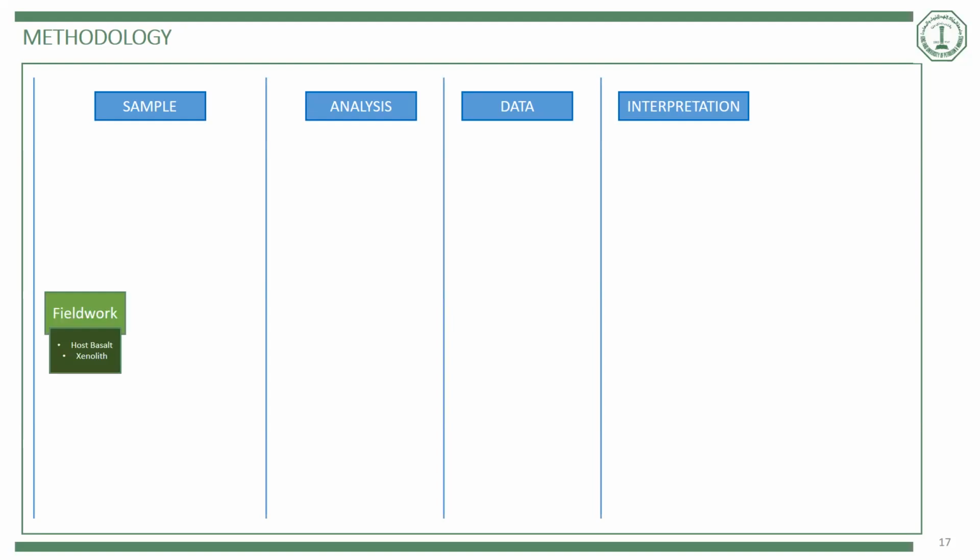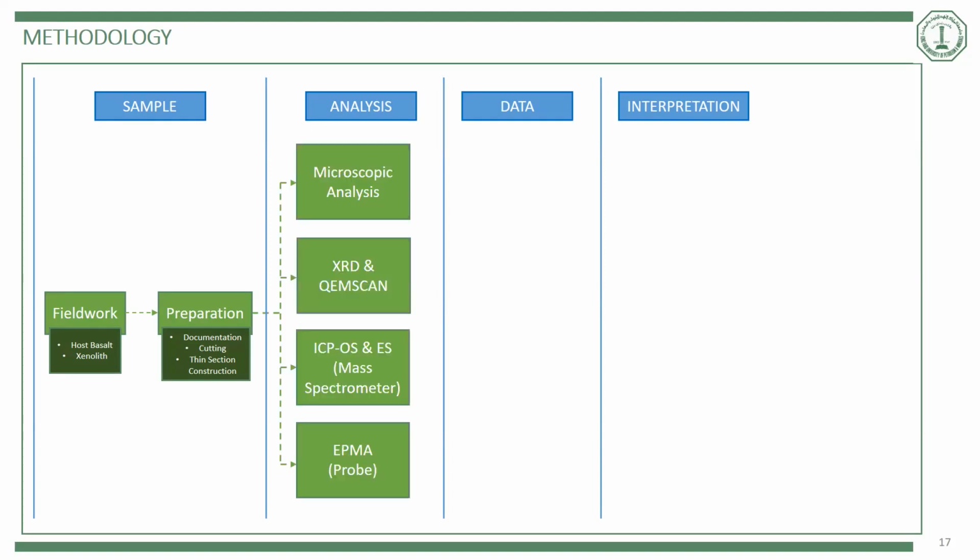Sample section consists of field work, collecting rock samples of host basalt and xenoliths, then preparation, which consists of documentation of these samples, cutting them, and also thin section construction. These samples are then